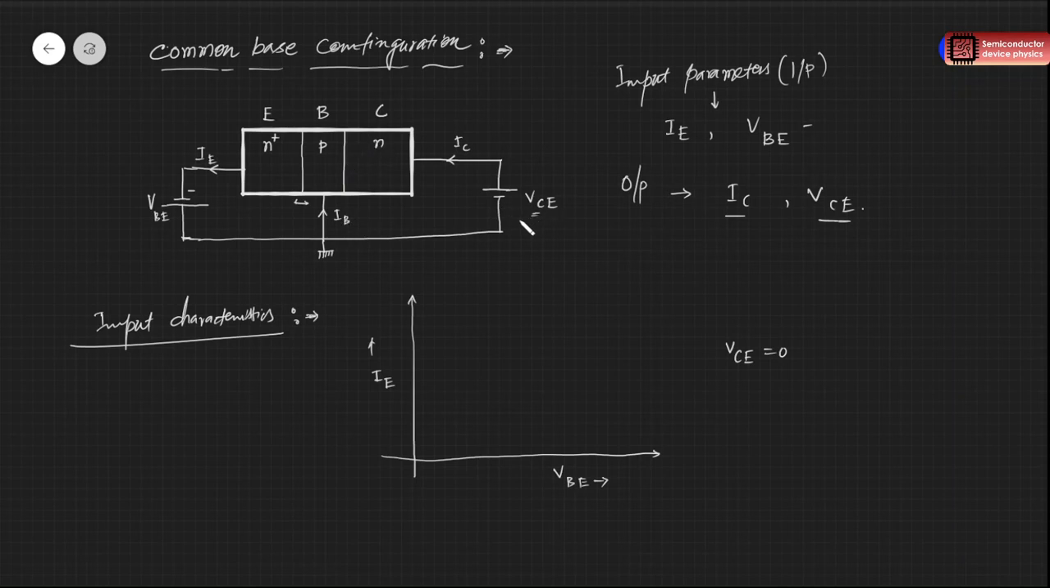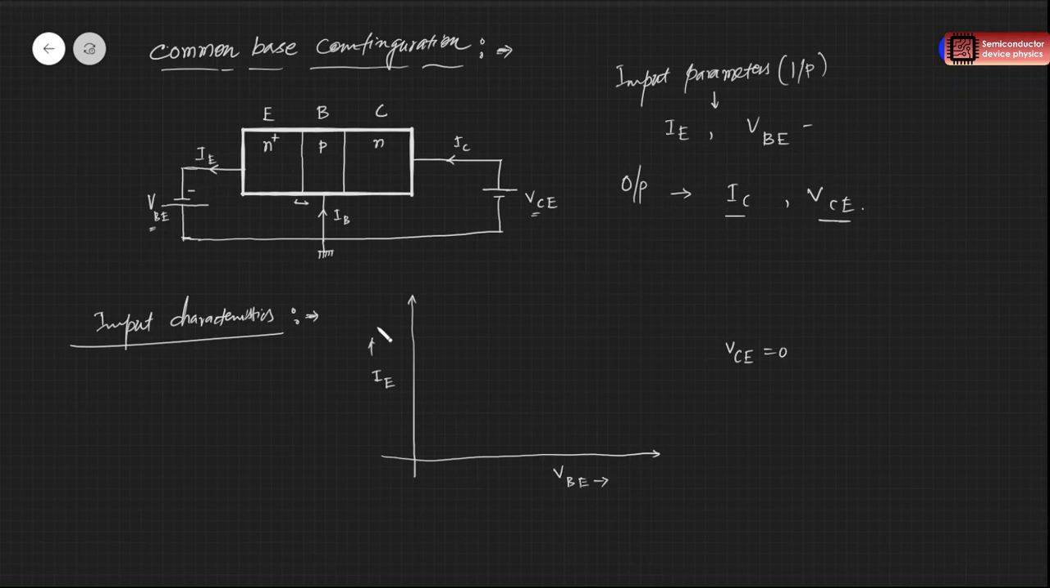So this voltage is 0, meaning you can imagine that the collector terminal is kind of open. We are not supplying any voltage, so this junction is not biased. The base-collector junction is not biased. In that case, at the input terminal we have just VBE, and the emitter-base junction is just a forward bias diode. So if you increase VBE, the IE will increase,